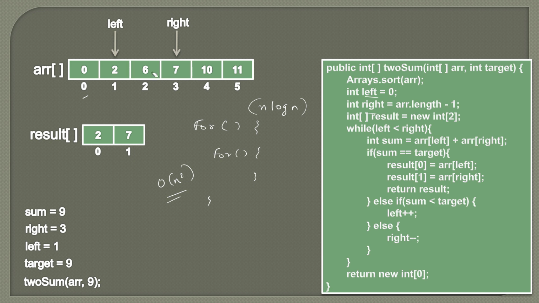Because as the numbers are sorted, left starts from here and right starts from here. And then we simply take these values stored at right and the left pointer, we do their sum and we try to compare it with our target. So if the sum is less than target, what we do is we simply shift left by one position. We simply move right in this direction by incrementing or decrementing the respective variables.